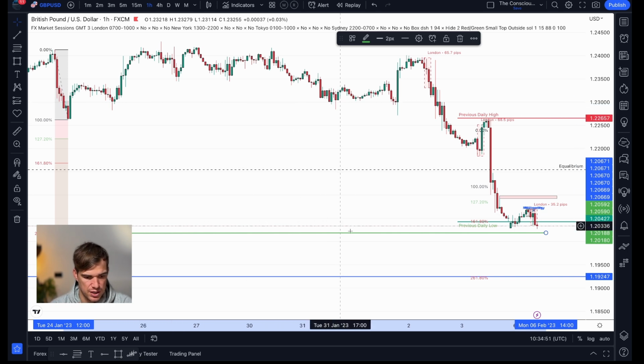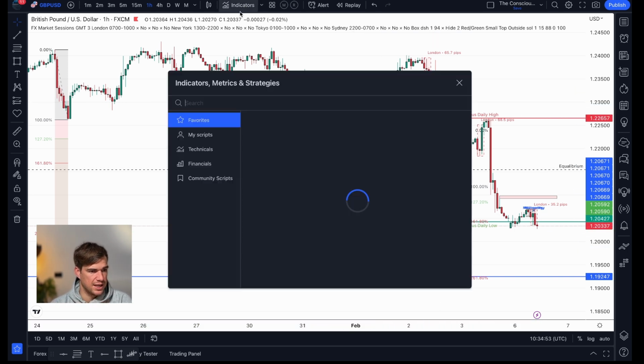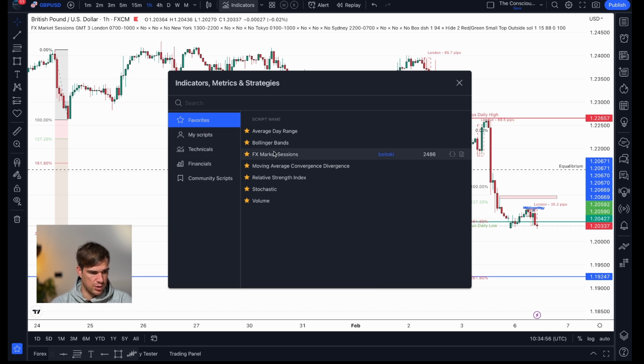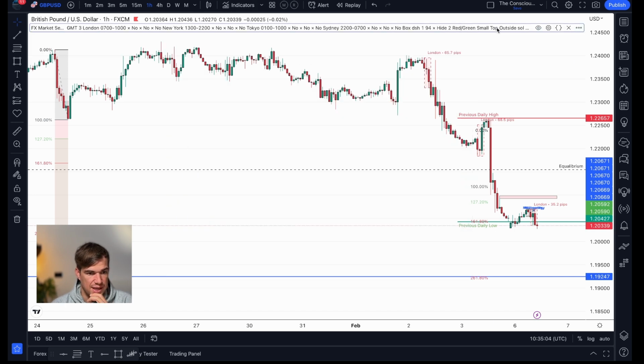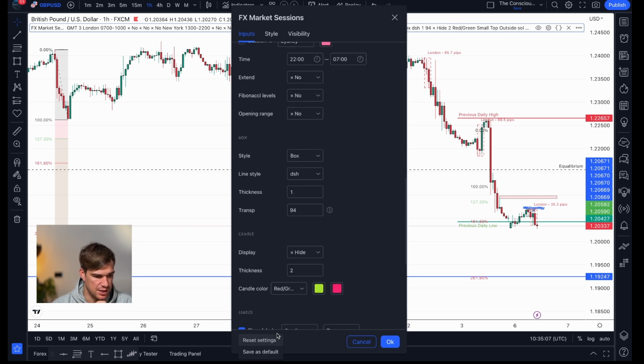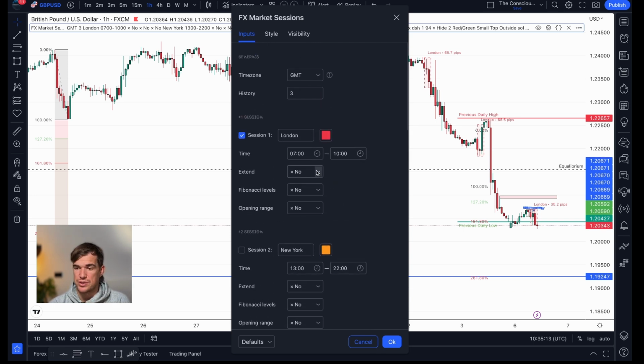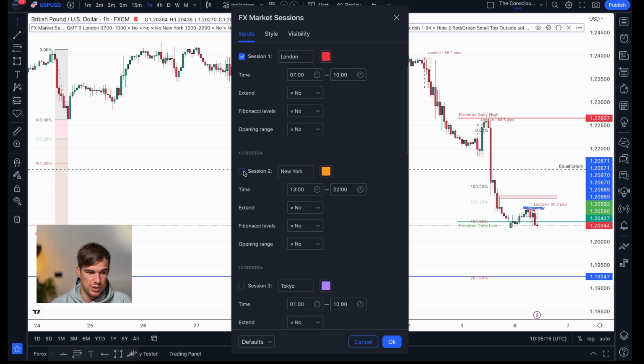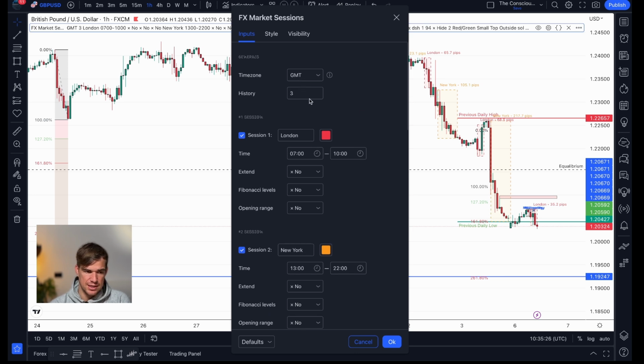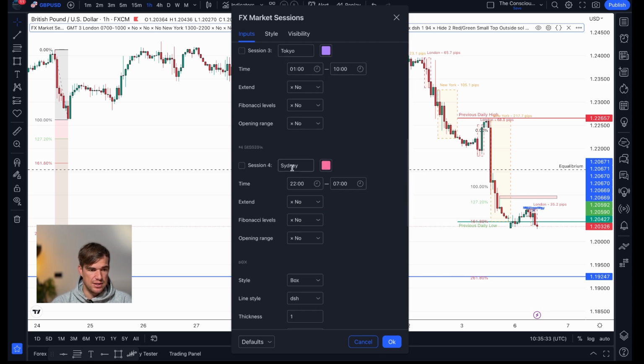Someone also asked about the indicator on the FX. You go on to FX market sessions, and then if we go into it, and I want to save this as my default, you've got your London kill zone, which I use the 7 to 10. The New York session, which is a 1 to, actually was it Delta? I think the name that asked me this, to 10 o'clock PM. And obviously on the top here it says GMT. This is how many historical data you want to see of these sessions. And at the end here, you've got your Tokyo/Sydney, which is your Asian market.